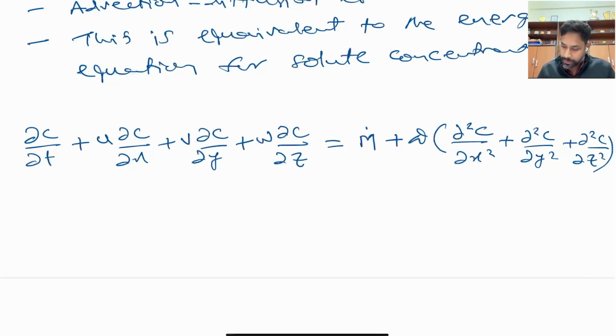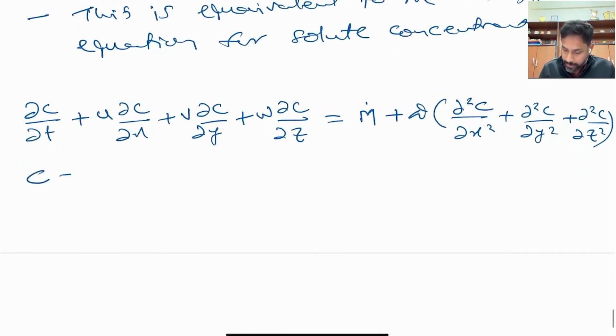Okay, so this is the solute transport equation, where C here is the